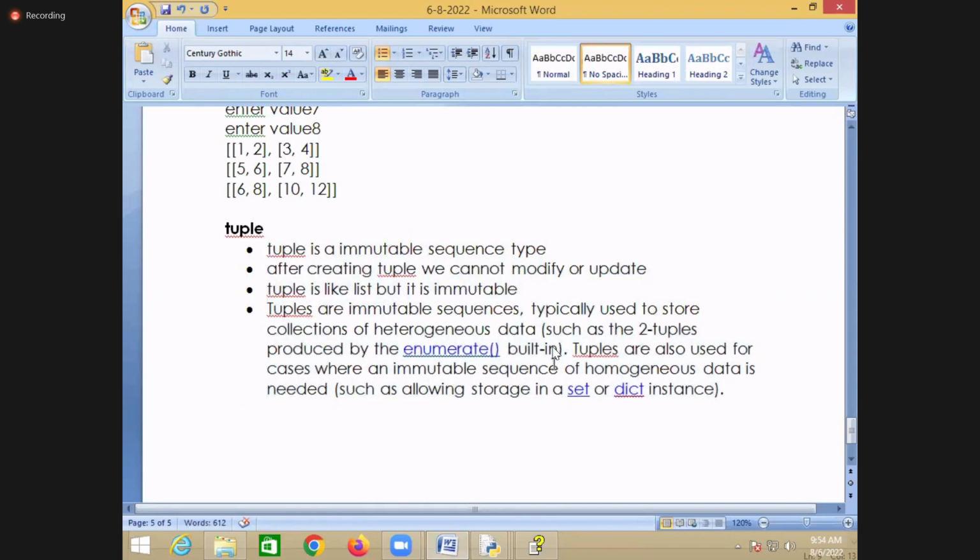Tuples are also used for cases where an immutable collection of homogeneous data is required, such as allowing storage in sets and dictionaries. If you want to represent some data in a set, you can represent that data as a tuple. If you want to represent data in a dictionary, you can represent that data using a tuple. And not only that, collections of heterogeneous data such as two-tuples produced by